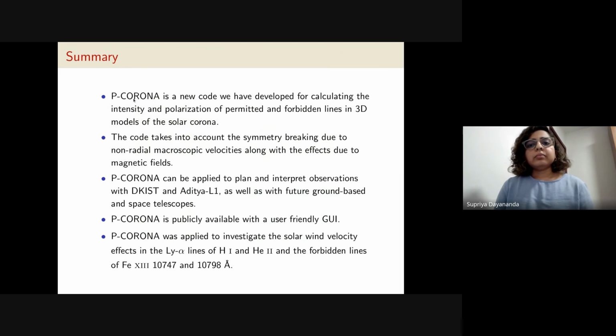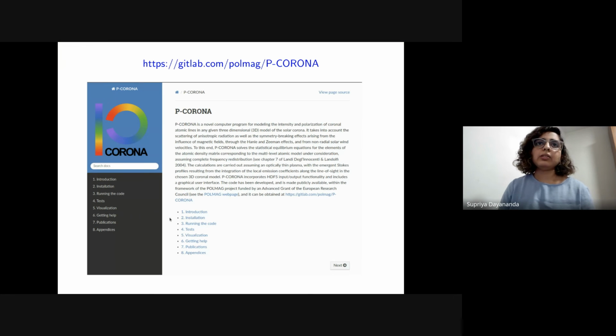Okay, this is the summary of the whole talk. I would like to mainly draw your attention to the fact that the code we have developed, PCorona, is now publicly available with a graphical user interface. So before I stop the talk, I would like to give a demo of the things that you can do with the code. I will just stop sharing the screen and share